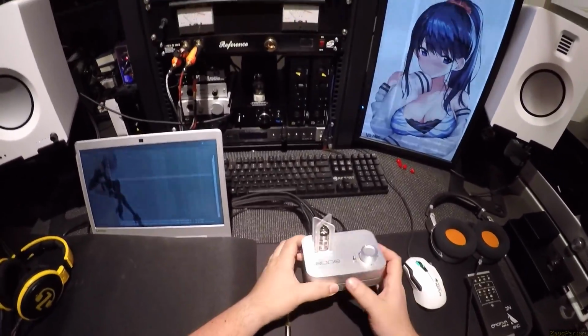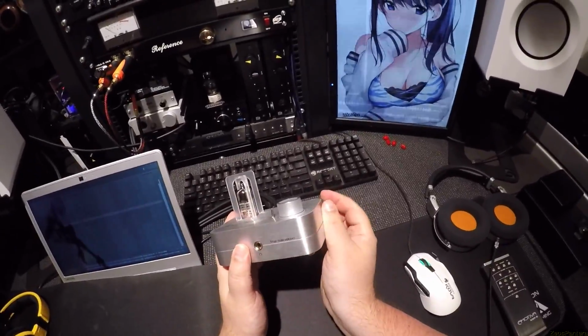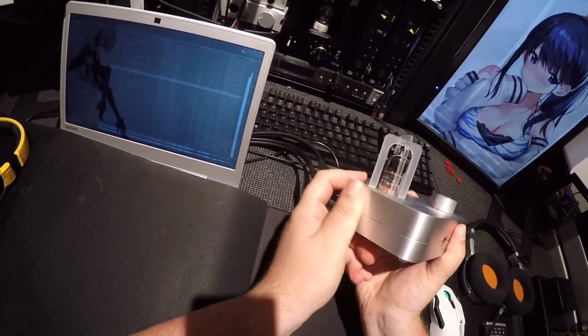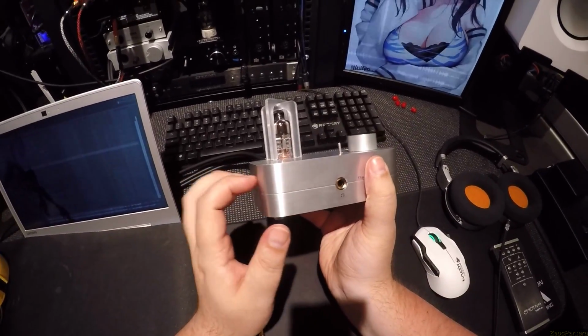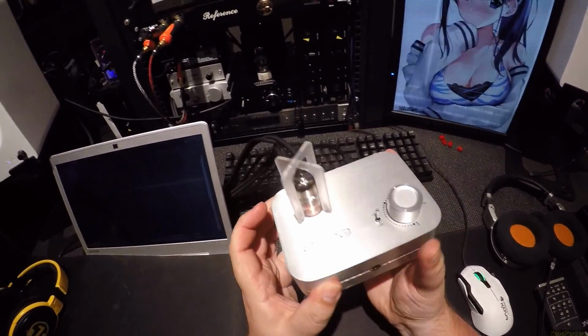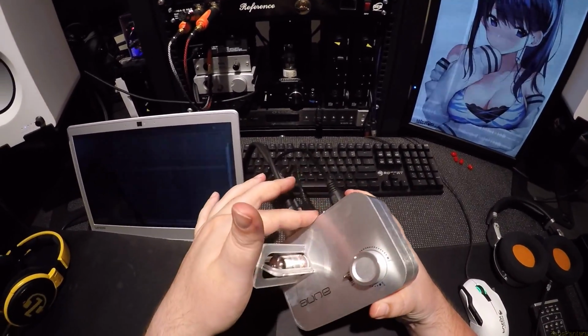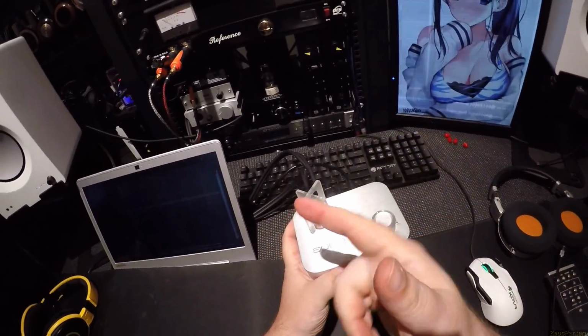It's more like one of the lesser Topping builds, for those of you who are really into headphones and know exactly what I'm talking about. Like, oh yes, I can see what you mean by the lesser Topping build. So it's got this nice finish aluminum, but you could feel it's a little thinner, a little tinier. And then the top, there's a seam all around. So that's how they put it together. So it's not quite as nice as something like the X2O